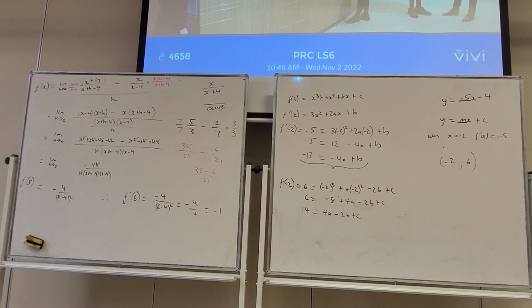Alright, so just from the point on the graph, we know minus 2, 6 exists on the graph, so it has to satisfy the equation of the function. Alright, and then the other one is